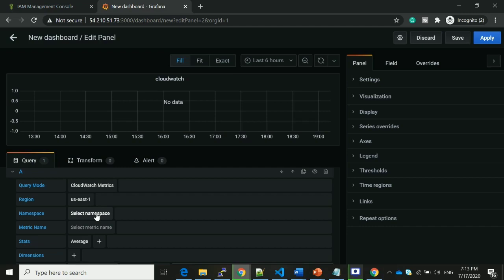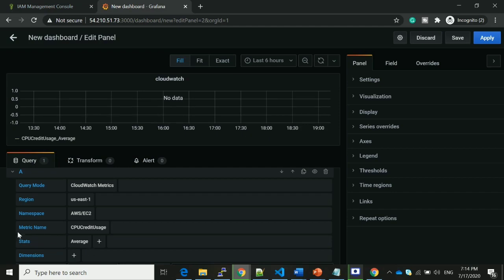Namespace would be the service. Here I am interested in AWS EC2. Let me select AWS EC2. Coming to the metric name, here I am interested in CPU credit usage.